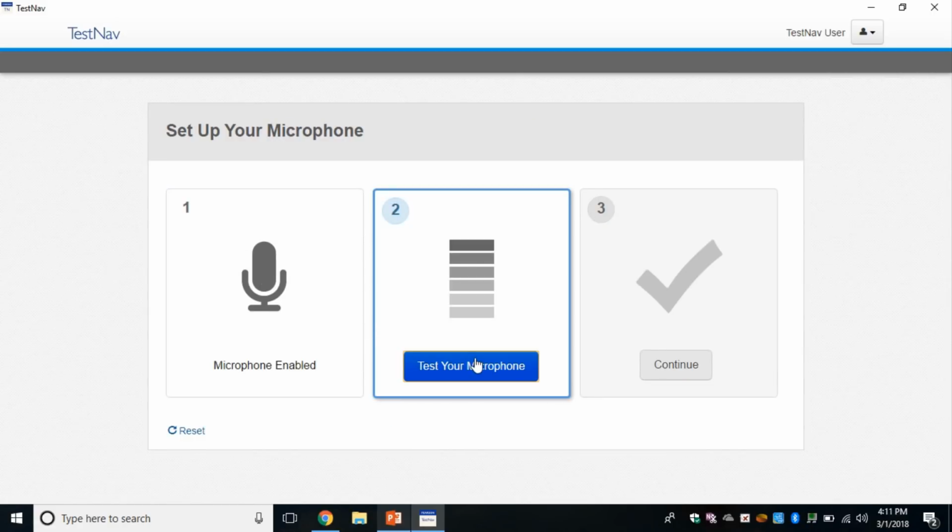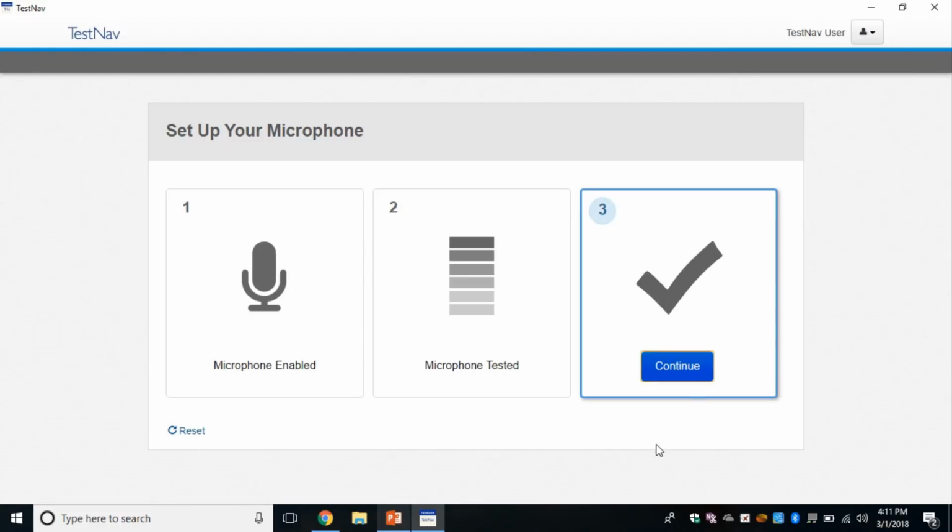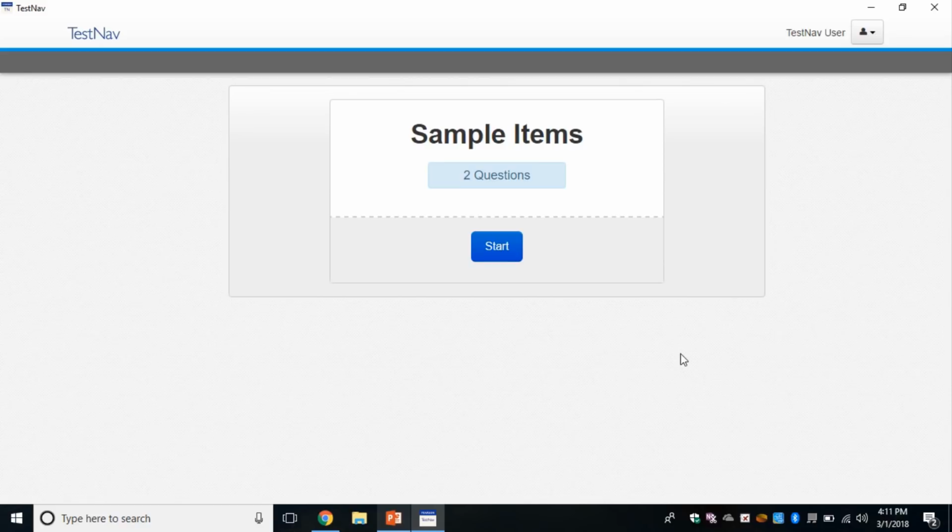You can go ahead and enable test your mic. So go ahead and select it, and you can just speak in your normal voice if you see the green bars moving. Now remember, you had to have taken out your earbuds. You'll hit yes, and then you'll continue. So here are 2 sample questions. This is an example of what you're going to see on your speaking and listening assessment for TELPAS. You'll select start,